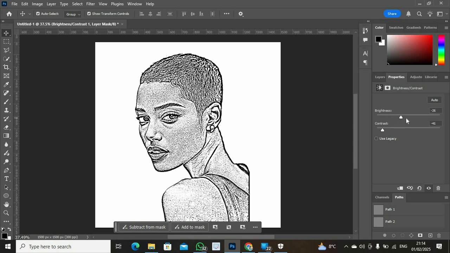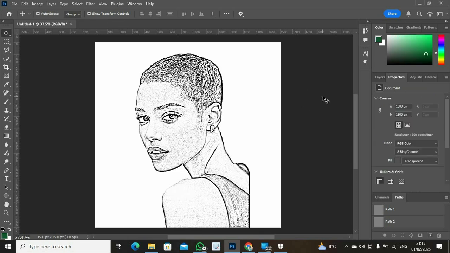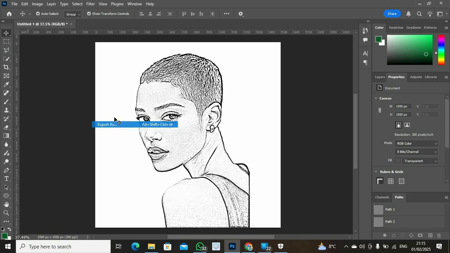Now we can reduce our brightness to maybe 7 or 10. I think 7 will do. And here we have our art image. We just export, and that is